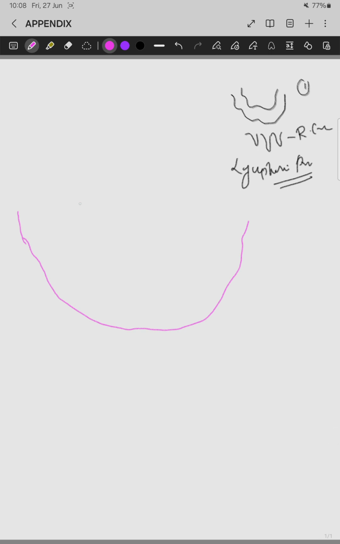Mucosa, you can see that it is characterized by the presence of rudimentary crypts. The crypts are present but they are rudimentary. You can draw the crypts like this. This is the basement membrane of the crypt, and as you know, the lining epithelium is the typical columnar epithelium with intervening